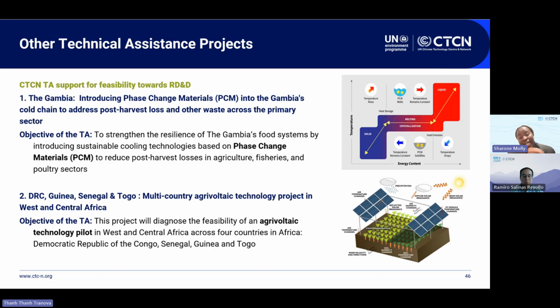And then finally, another technology that is going to be tested for its feasibility in 4 countries: in DRC, Senegal, Guinea, and Togo, is the agrivoltaic technology. So this is going to test how land can be used more efficiently. The multi-country agrivoltaic technology is already under implementation, while the PCM technology is currently under